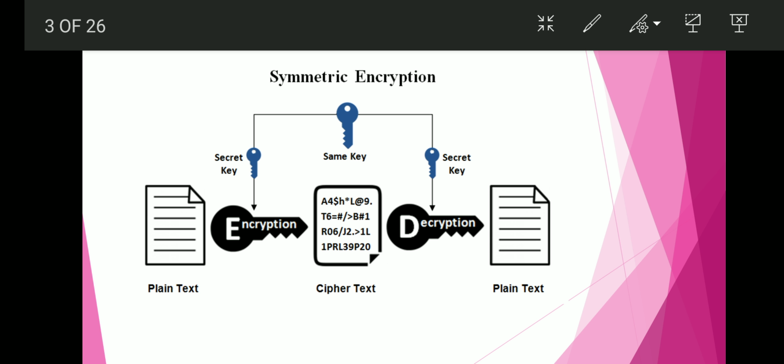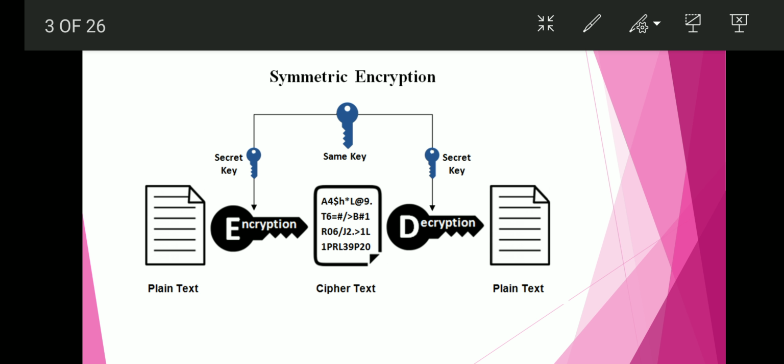There is one disadvantage in the symmetric encryption technique. So what is the disadvantage? Either party, the sender or receiver, may reveal the key to an attacker or a third person. What will happen? The entire system security will be revealed. The security of the system will be compromised. So this is one of the biggest drawbacks in symmetric encryption, right? In order to overcome this, we can use public key cryptography.